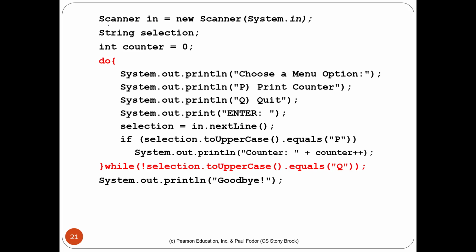For that you're using the Scanner class. Scanner in is equal to new Scanner(System.in). I hope you know that. Then I have a variable called selection. Its type is String. Then you have a variable called counter, and this counter variable we will use to control